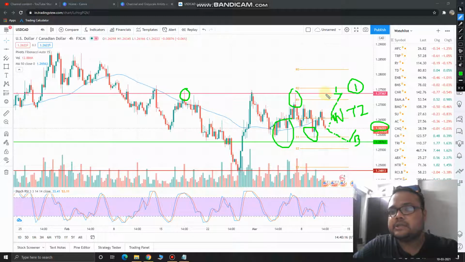So these two are the very crucial points for the market. The first is 1.2736 and the second is 1.2576. These two are the important points. In case market crosses this level,